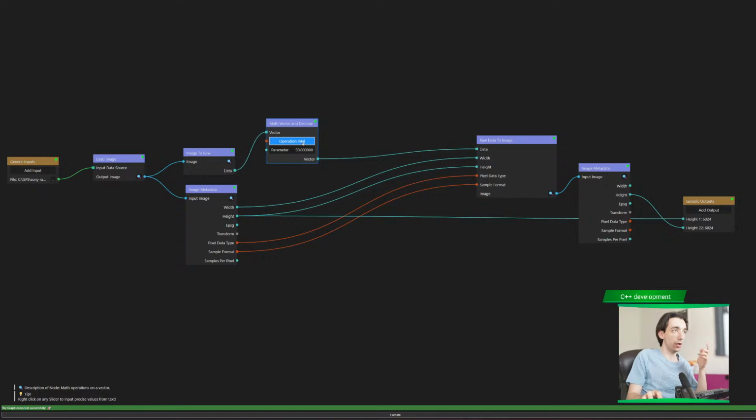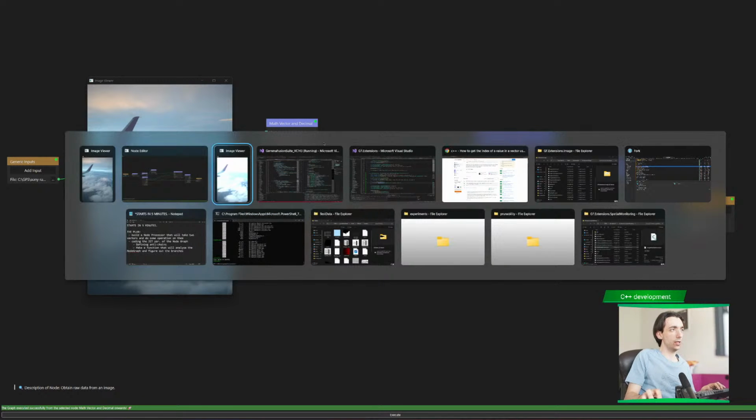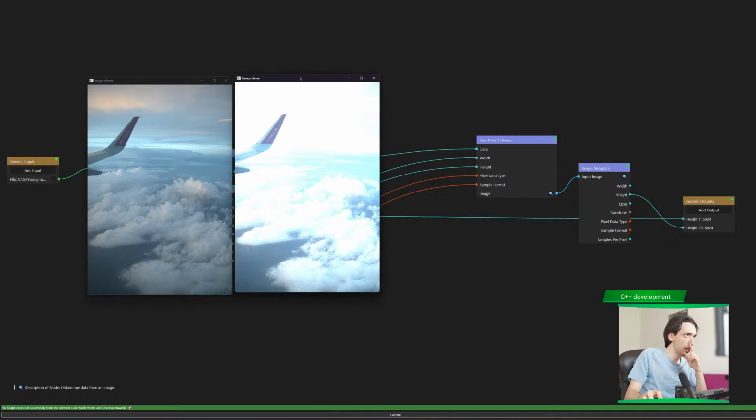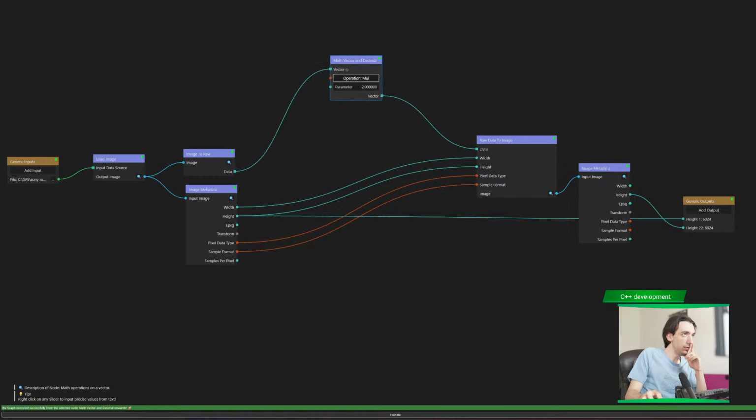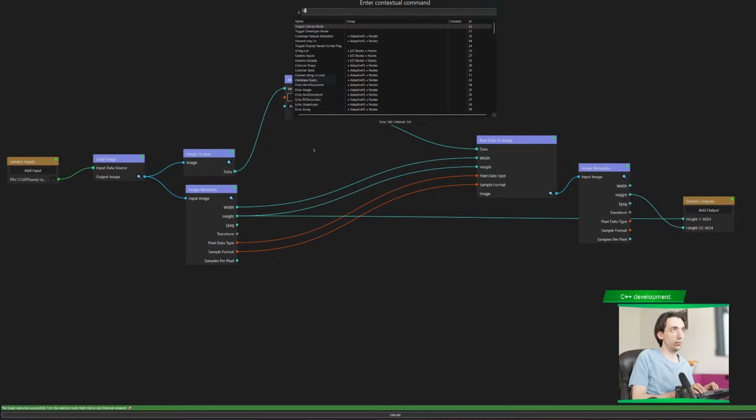Oh no, I don't know. I have to check this node, but this seems to be broken somehow. Okay, it doesn't really matter. It matters that from this image, we have now brightened this image, right? But now what we can do is add another, I don't know, decimal